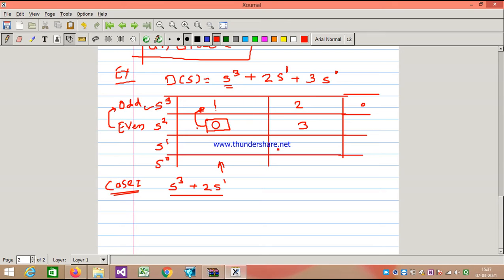So we are taking this one: s cube and 2s to 1, right? So this is the equation. Just take the derivative of this equation. When we take the derivative of this equation, what happens? Derivative of s cube is...